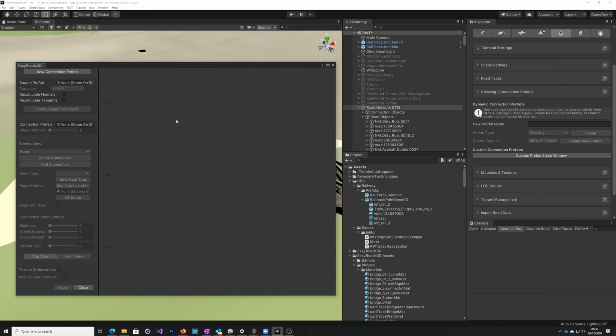And what it's going to do is create a brand new prefab, this prefab here. So it's going to take in our source prefab, the one we've been working on, and we'll see why that's not quite true in a minute. And then it's going to generate its own connection prefab with all the things that it needs in order to figure out how to do our connection points. Okay, so let's just get to it. So we drag our rail track junction into here,